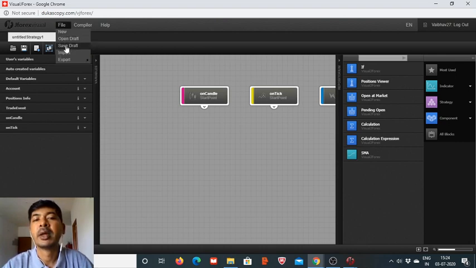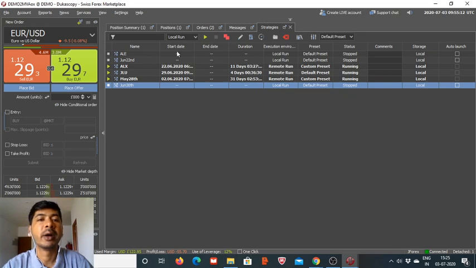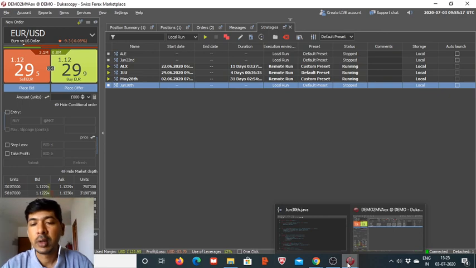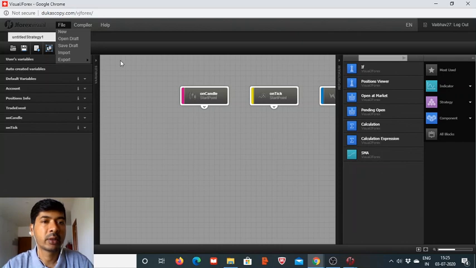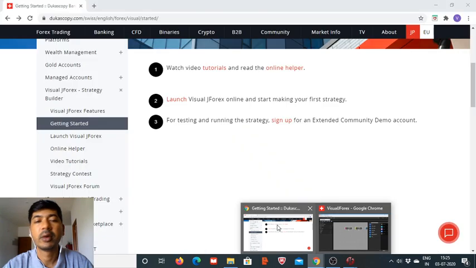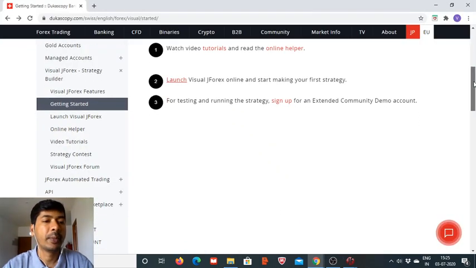Once you develop a new algorithm, you can save it. Import, you can import any VFS file here, and export, you can do the export in VFS as well as in Java, and then you can use this on the platform to run on the account, demo or live, whichever or wherever you want to run it. So here we have these tools at our disposal, and let us now go back again to the web page,